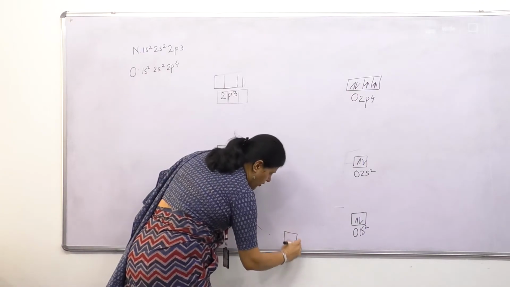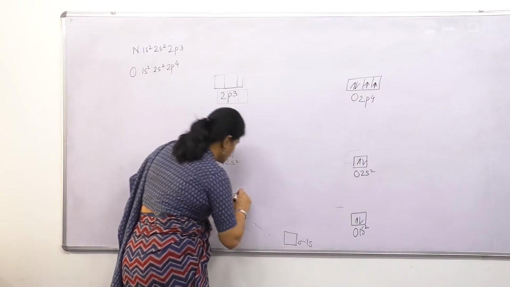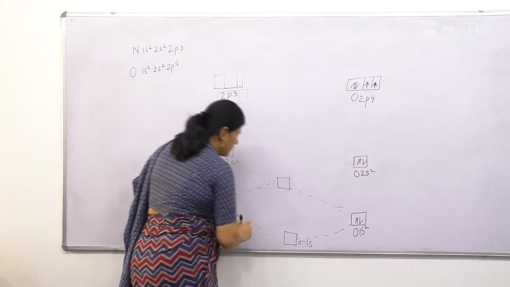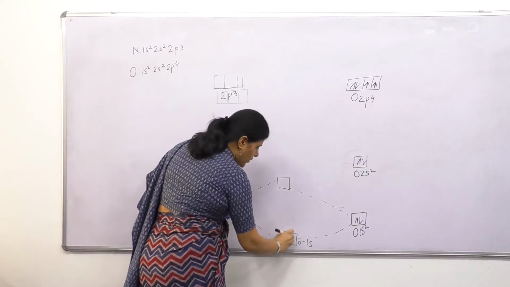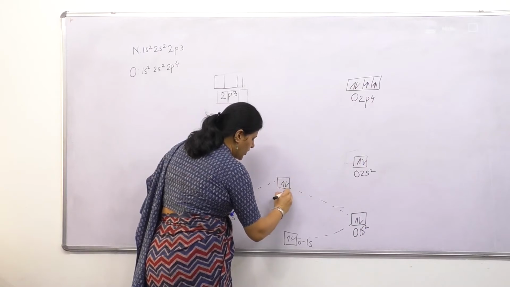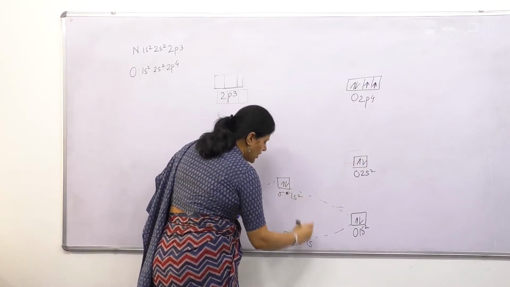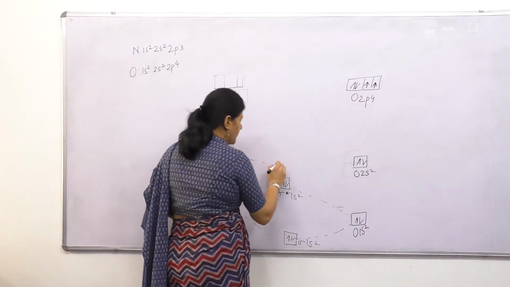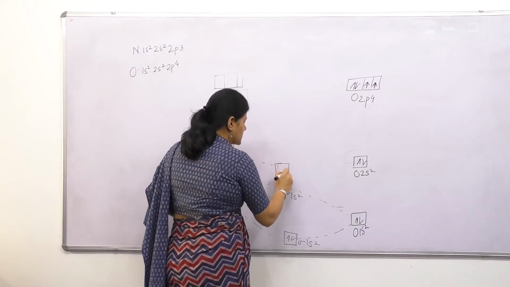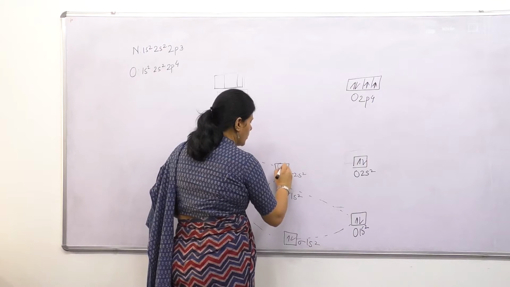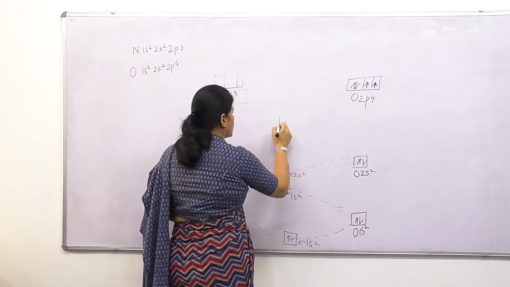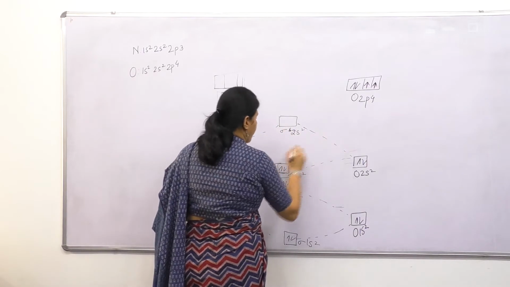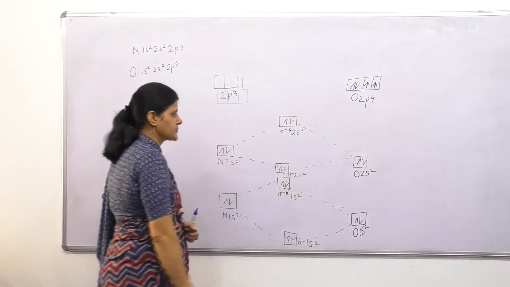Again two molecular orbitals will be formed. This is sigma 1s. This is sigma anti-bonding 1s. Filling of electrons, 2 and 2, 4, 1 2 3 4. It will become sigma anti-bonding 1s2. It will become sigma 1s2. Now the same concept we apply here. It will become sigma 2s2. It will become sigma anti-bonding 2s2. These are the fillings of electrons.